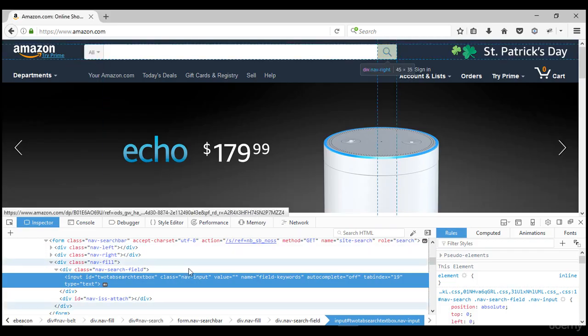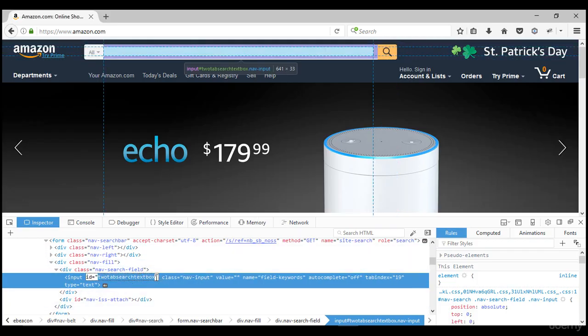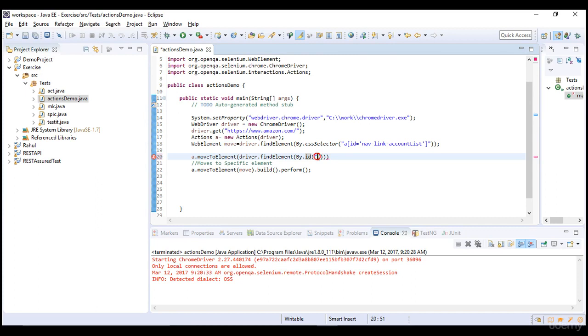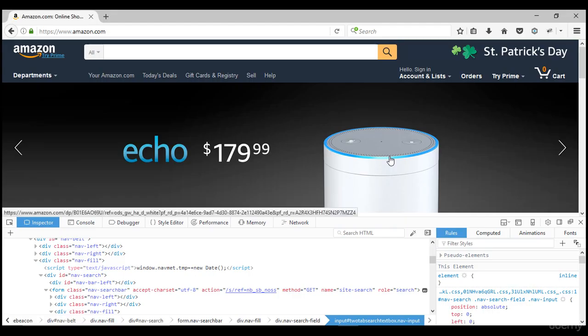Let's give the ID, it is the search text box, right? After moving to this, let me remove this single quote. Now after moving to that specific box, my mouse has moved. First of all, I need to click it.